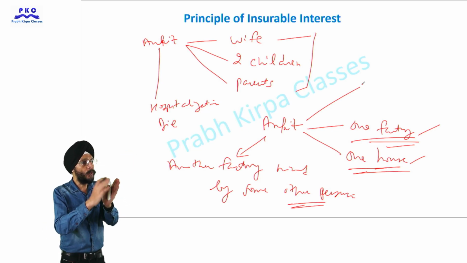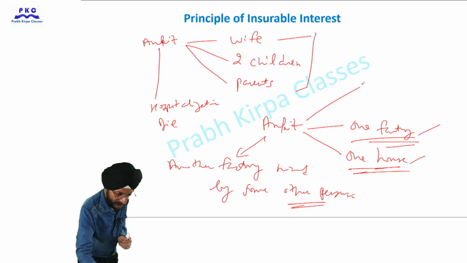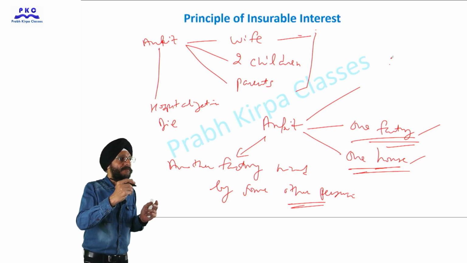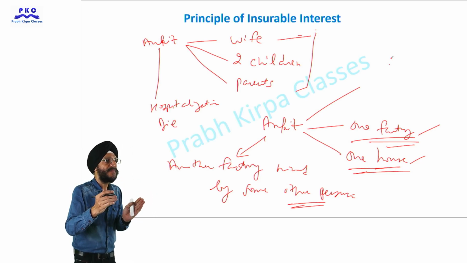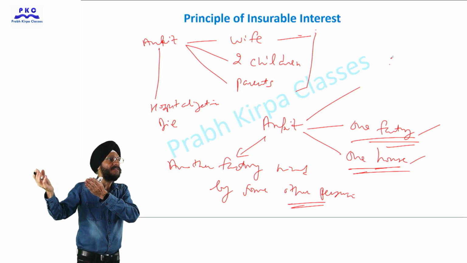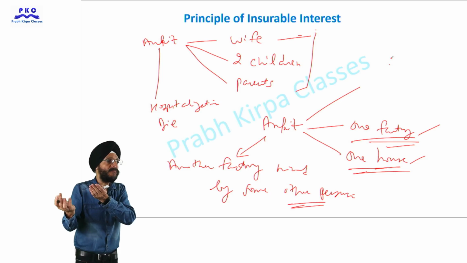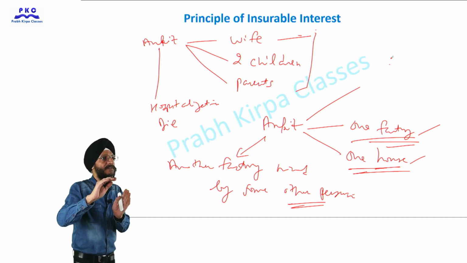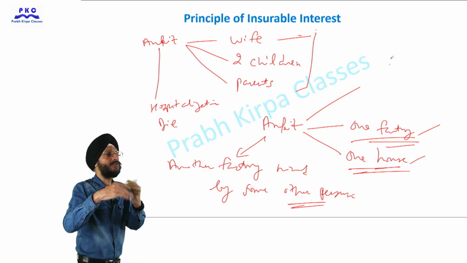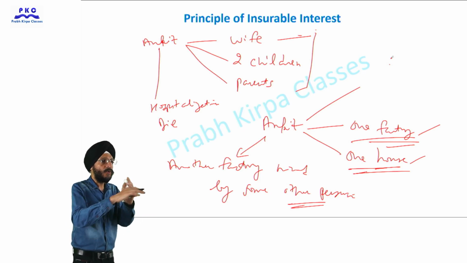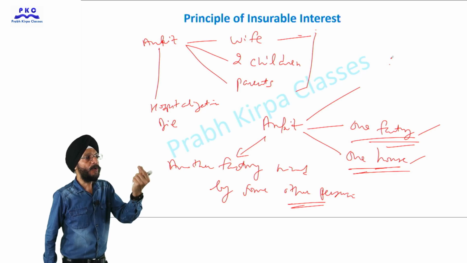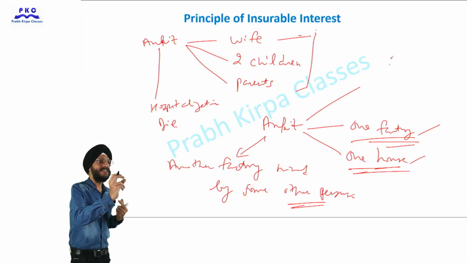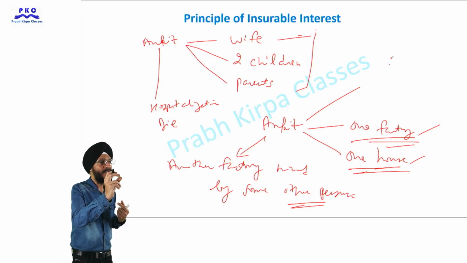He stands to lose if his close family members suffer, but he does not suffer financially if any other person meets with an accident or dies, or the property of another person suffers fire or some other peril. So far we have understood that the principle of insurable interest says that a person can get the insurance of a property or of a life